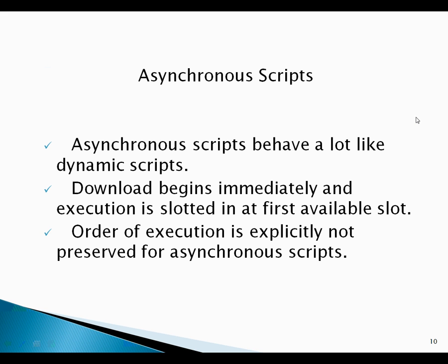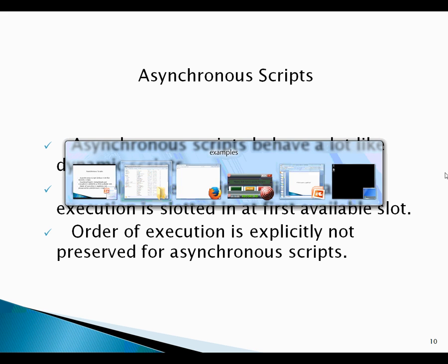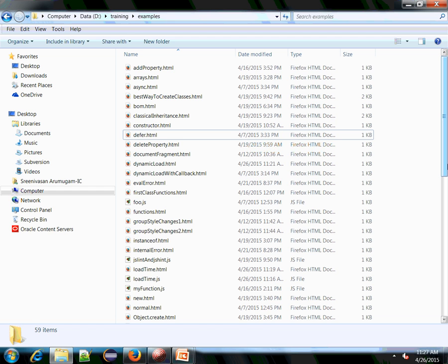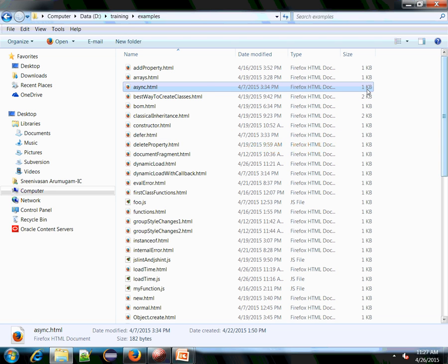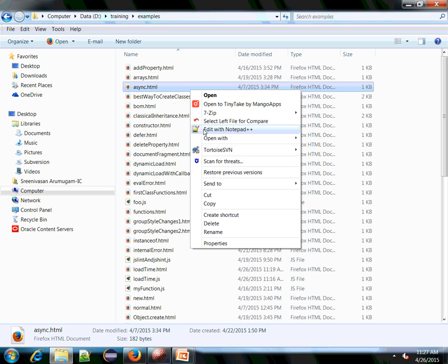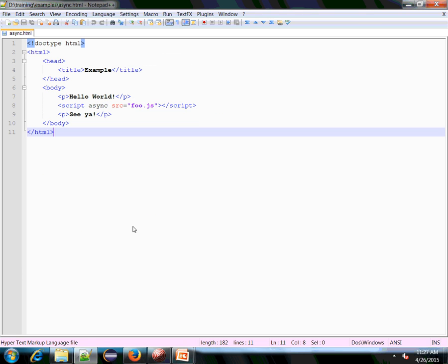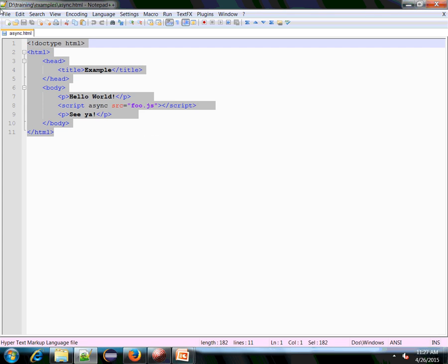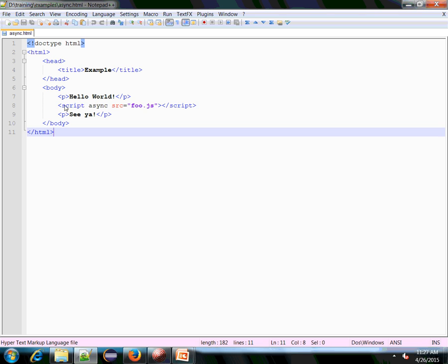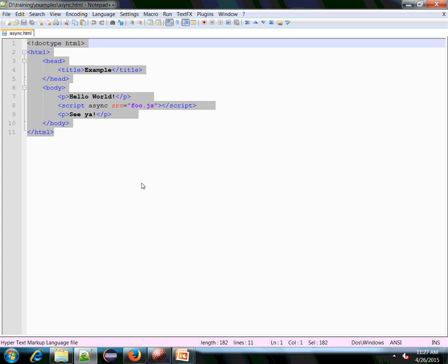Next is asynchronous scripts. This is very similar to the dynamic scripts. That is, execution happens as soon as the JavaScript file is loaded and parsed in the browser. And for using async, you will specify an attribute called async on the script tag. So this should be enough for you to import the JS file dynamically into the browser or into the HTML